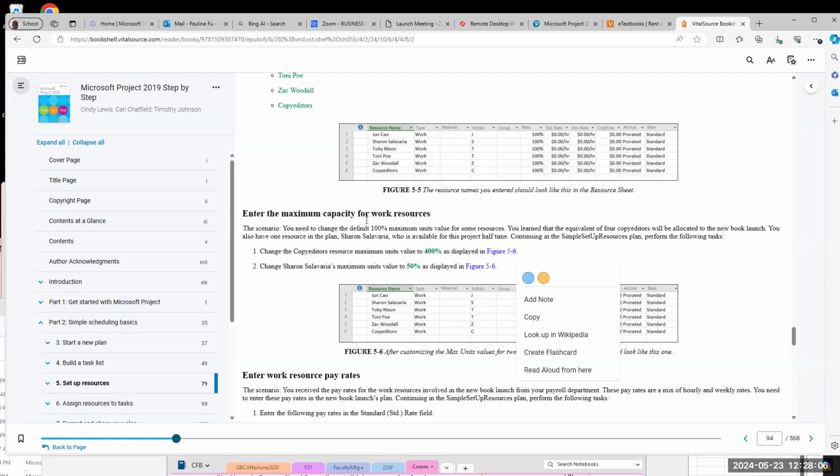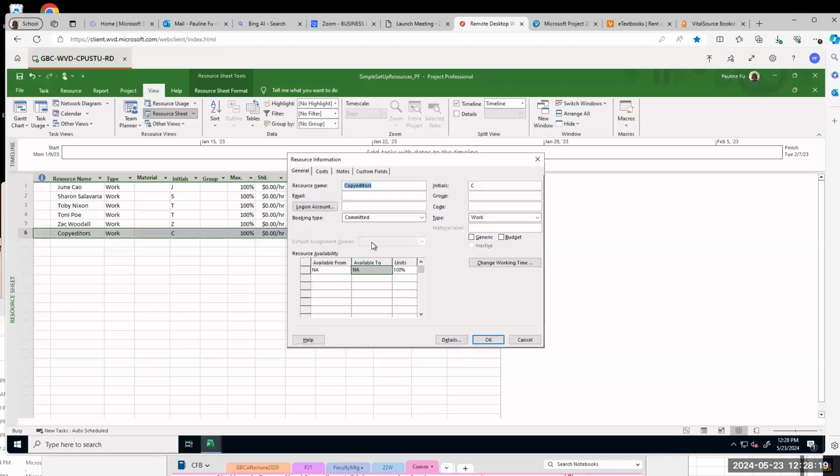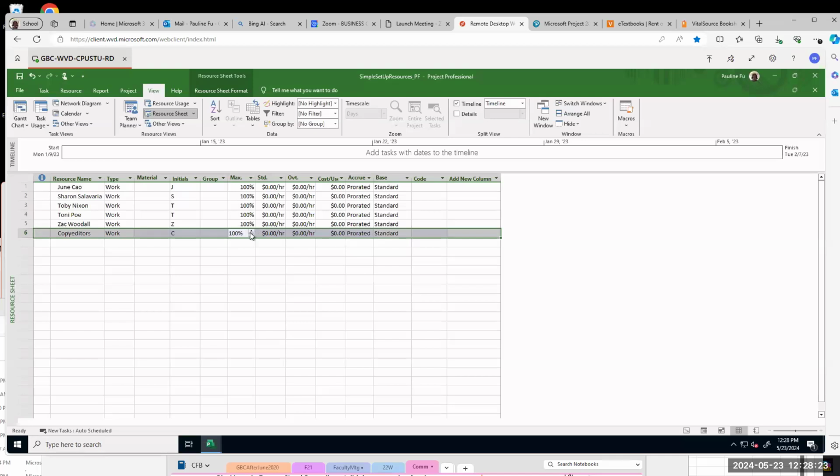So how do I do this? You go to copy editors. This is the maximum capacity. Click this one and type in 400%, or click the increase button, 400%.